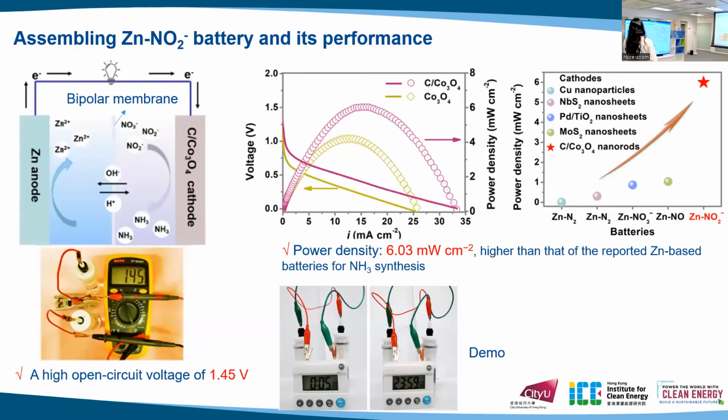Based on the outstanding catalytic activity of the carbon-doped cobalt oxide catalyst cathode, we then assembled a zinc-nitrate battery. This is a schematic illustration with this catalyst as a cathode and the zinc as anode. During discharge, the nitrate can be steadily reduced to ammonium while generating electricity. And this battery shows an open circuit voltage of 1.45 volts with a maximum power density of about 6 milliwatts per centimeter square, compared with